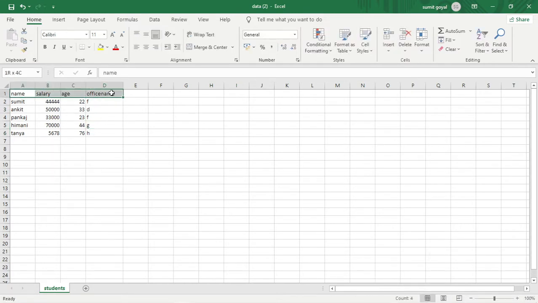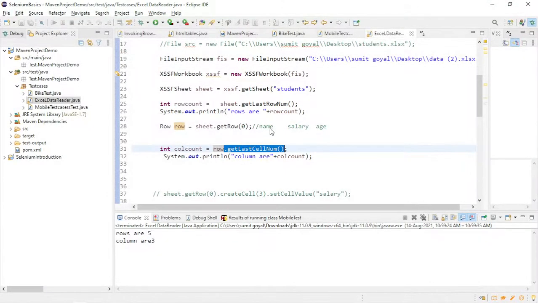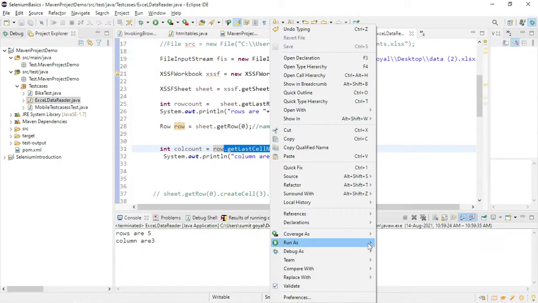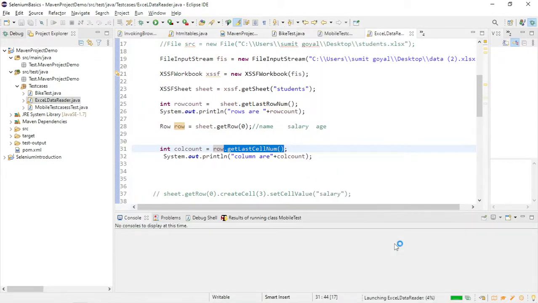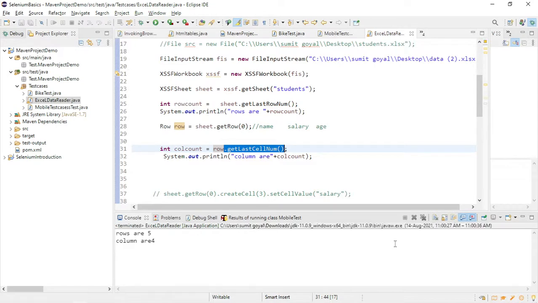How many rows are here? 0, 1, 2, 3, 4, 5. This is how it counts rows, but for the columns it counts from 1, 2, 3, 4. This is how they have designed it. So let me run it again. This time, total number of columns are 4.